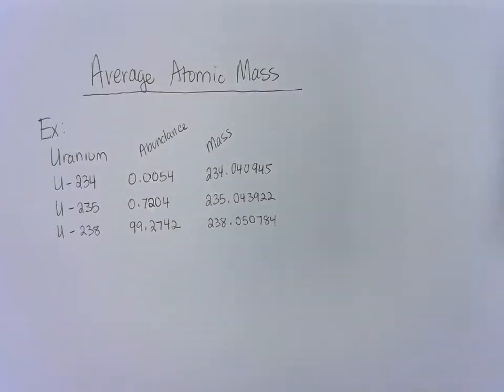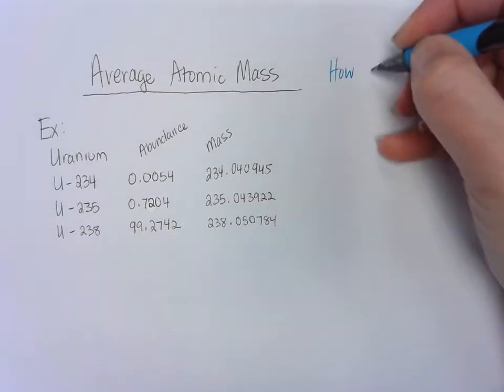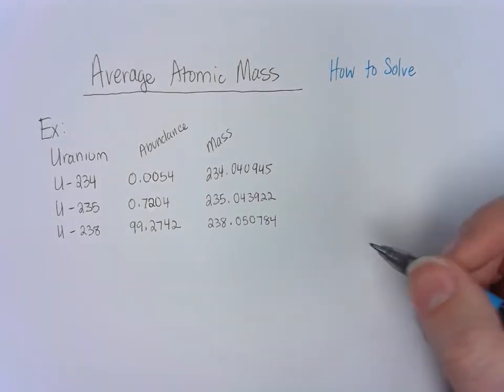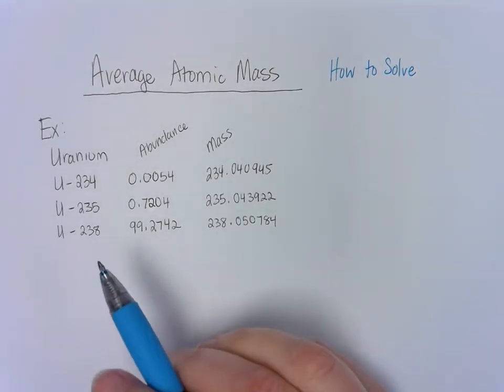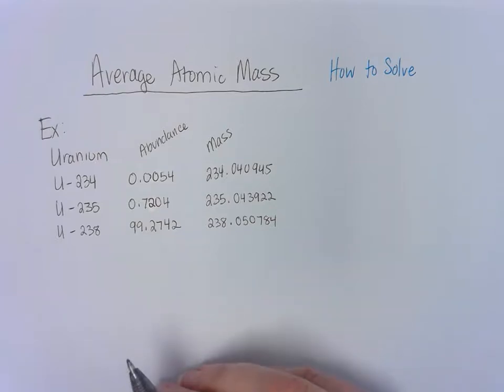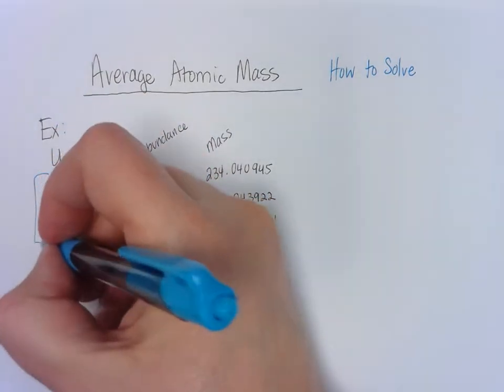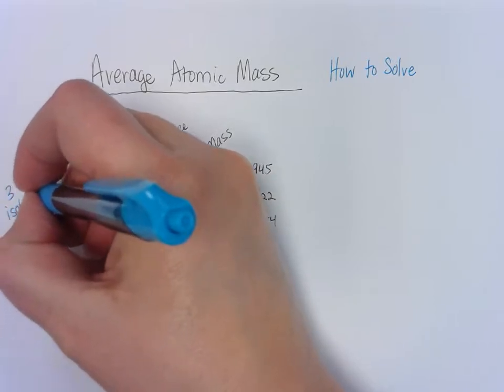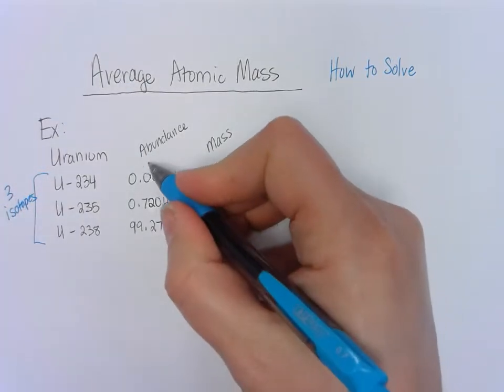Alright, I'm going to do a quick how to solve average atomic mass using the example that I have here, uranium. We're going to look and figure out what the weighted average is of these three isotopes. So there are three isotopes, and they would have to give me the abundance here, and they would have to